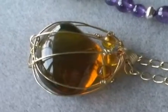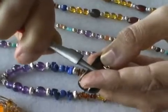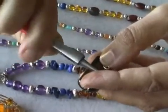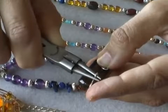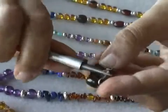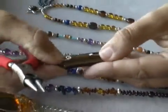Wire wrapping can get quite extensive. I've seen some very beautiful work done with wire wrapping, and I would say that it just takes a lot of practice. What you want to remember to do is to use plated wire before you end up using the real stuff, because there are some trial and error periods for wire wrapping. You could even do some wire wrapping with stones that have been drilled to be used as beads, and that turns